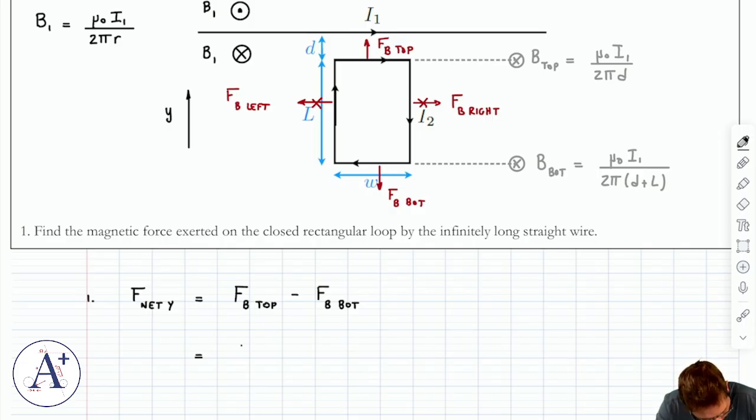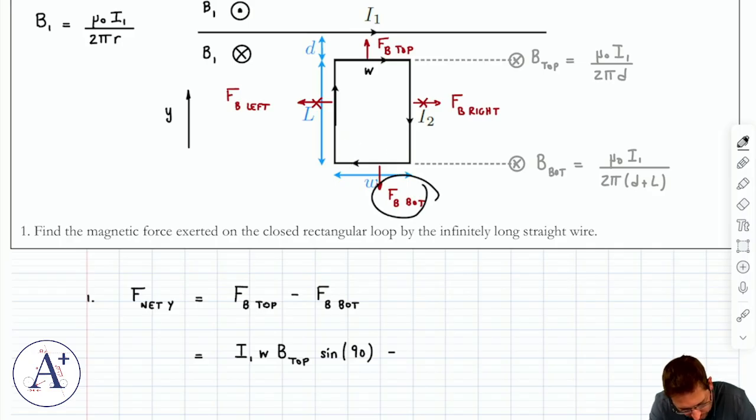It's the current I1 multiplied by the length of that side, which is W, multiplied by the magnetic field that it sees, which is B top, sine of the angle between the current and B top, which is 90 because B top points into the page,